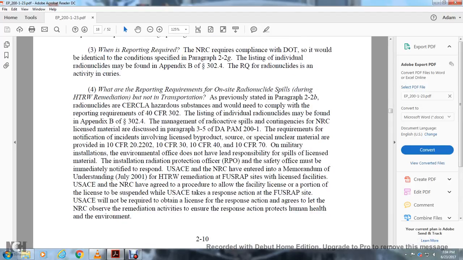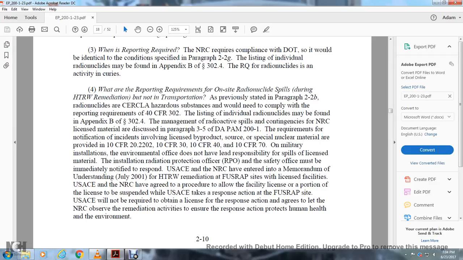What are the reporting requirements for on-site radionuclides during hazardous toxic radioactive waste remediation, but not transportation? As previously stated in paragraph 2B, with the Comprehensive Environmental Response, Compensation, and Liability Act, the hazardous substance would not need to comply with the reporting requirements of Title 40 CFR 302 with the listing. Individual radionuclides may be found in Appendix B, 10 CFR 30, Section 3024, with the management of radioactive spills. You can see with the Nuclear Regulatory Commission